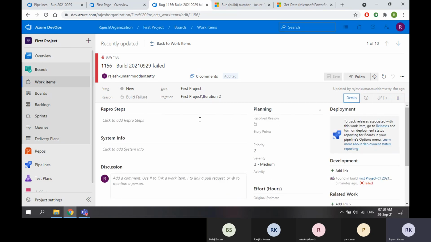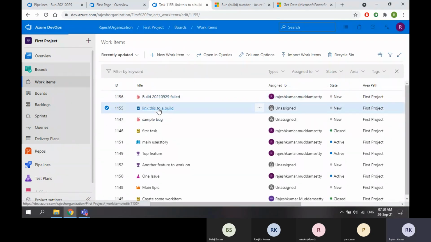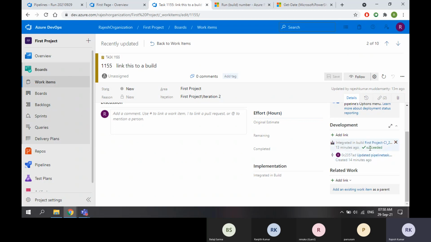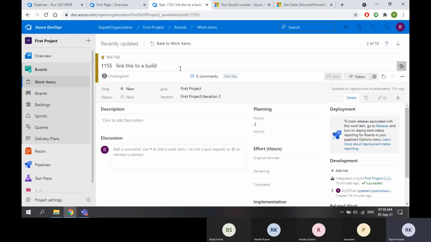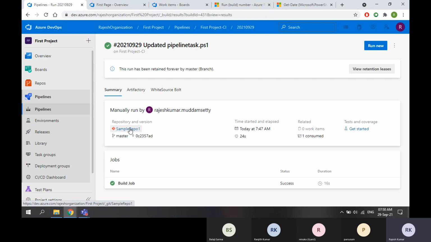And even whenever there is a build success, I think here, yeah, you are linking the build status to the work item. See, this is the succeeded build. You are linking the success build as well. And we obviously know every build is connected with a repository.